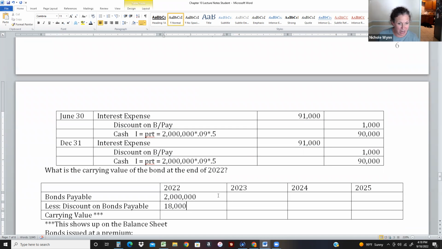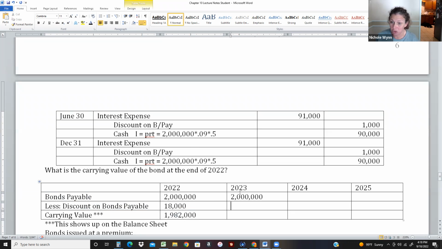So we will subtract 18, and this is how it's going to show on our balance sheet. Balance sheets show liabilities, and bonds payable is a liability. Discount is a contra liability, so it reduces the balance. So 2 million minus 18 is 1,982,000. So that's the number that will show up on the balance sheet for the bond. The next year,